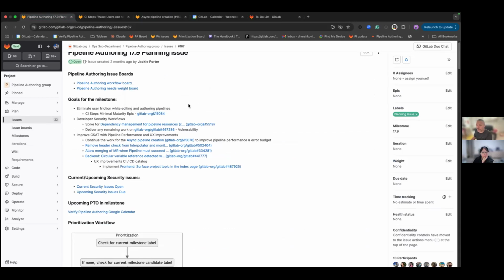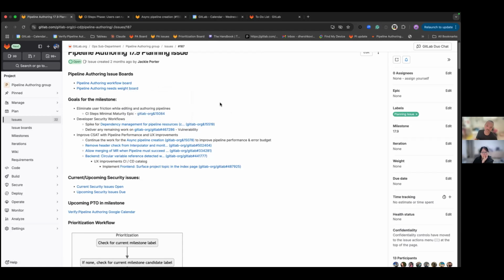Second is the spike issue, which was carried over from the previous milestone due to the time off at the end of the year. We still want to understand what work lies ahead of us in terms of the checksum and dependency management.